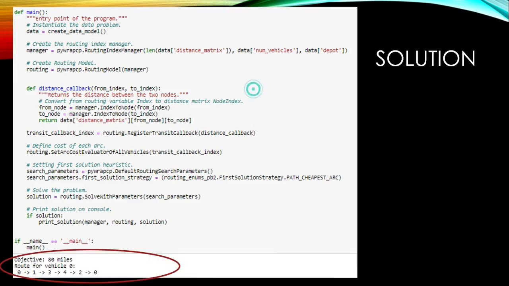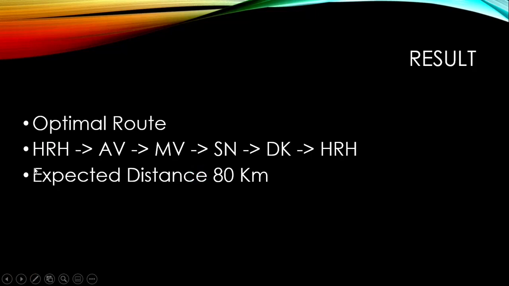So let us run it. So we obtained that traveling salesman or our phlebotomist should start from home place, that is Hindu Rao Hospital, to location 1, followed by location 3, followed by location 4, then to location 2, and then back to home place. So this is the solution, that he should start from Hindu Rao Hospital, first go to Anand Vihar, then to Mayur Vihar, then to Sarojini Nagar, then to Dhaula Kuan, and then back to Hindu Rao after collecting sample from all these places. And the shortest distance covered in this optimal solution is 80 kilometers.